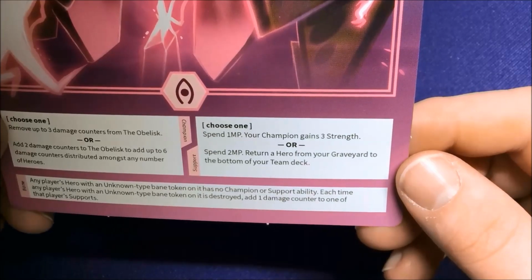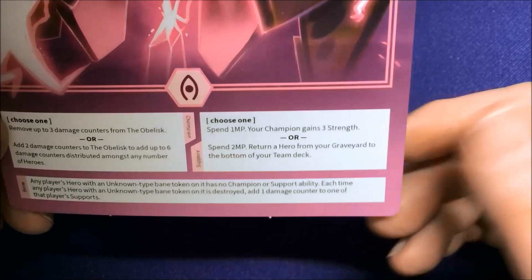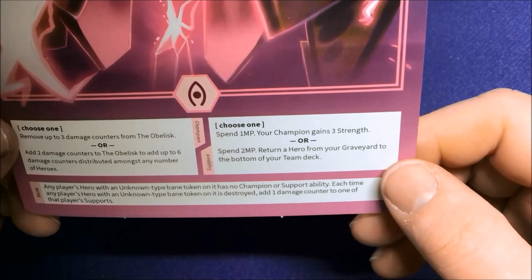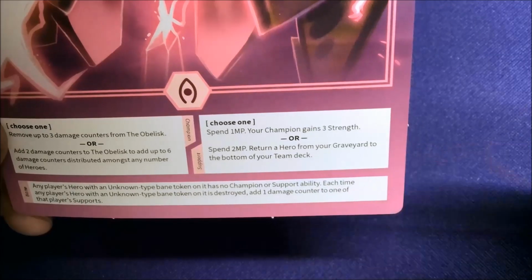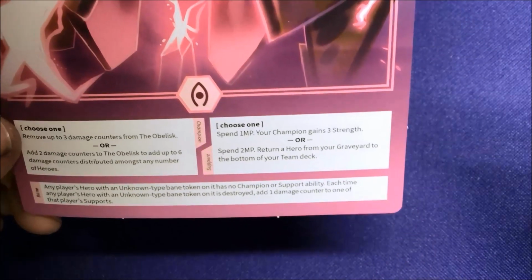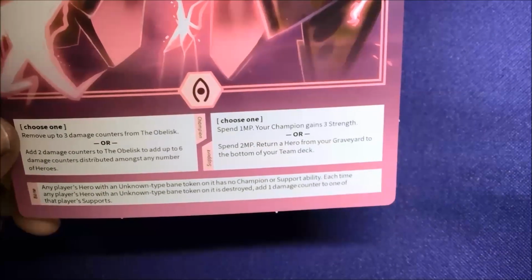If he's in support, you can spend 1 MP and your champion gains 3 strength, so you can boost up the other characters. Or spend 2 to return a hero from your graveyard to the bottom of your team deck. So what's kind of neat with that is you can actually keep spending 2 MP, put a hero from your graveyard in your deck, and then as long as this guy's in support, you can spend another thing to put him back out of play, out of harm's way if he has no damage counters, and play the other guy. So that is